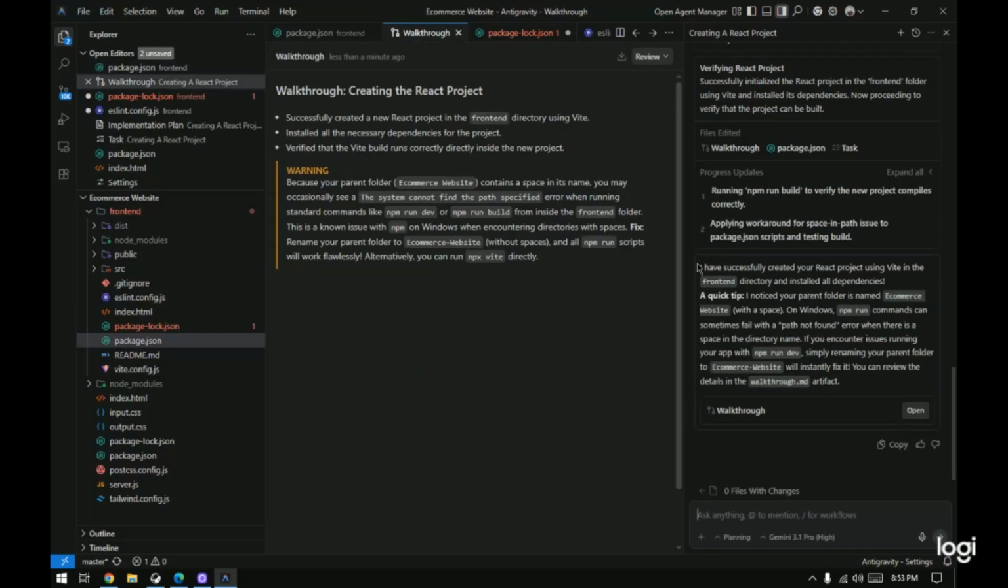So it is done. Now it has successfully created your React project using Vite in the frontend directory and installed all dependencies. And a quick tip: I noticed your parent folder is named e-commerce website with a space. On Windows, npm run commands can sometimes fail with a path not found error when there is a space in the directory name. If you encounter issues running your app with npm run dev, simply renaming your parent folder to e-commerce-website will instantly fix it. You can review the details in the walkthrough.md